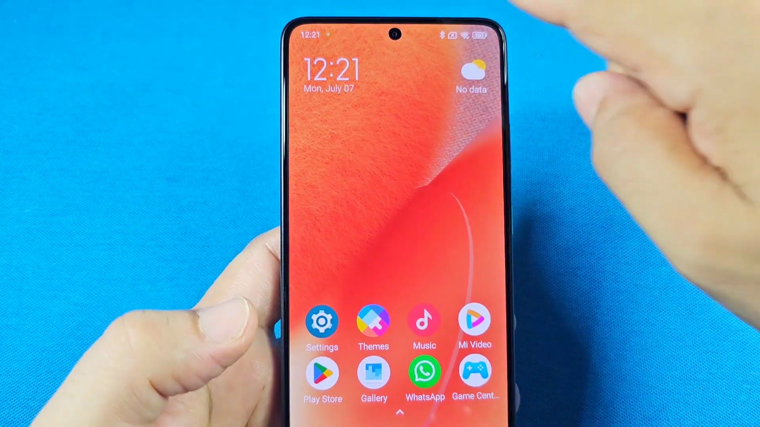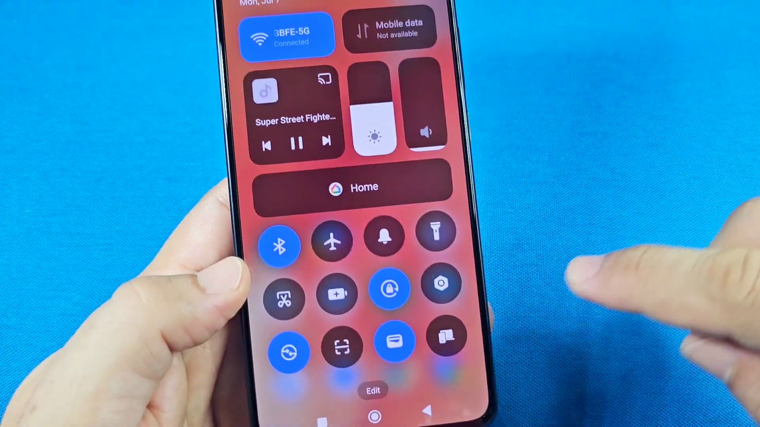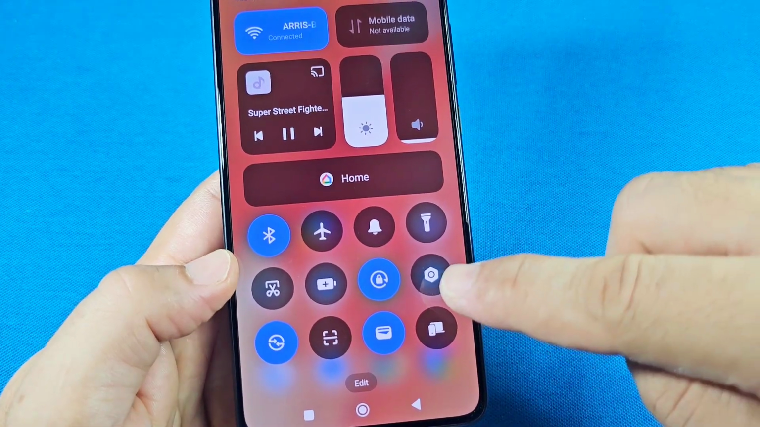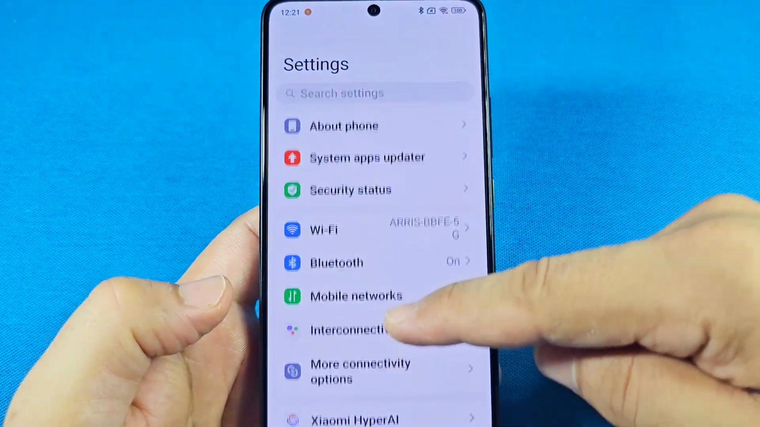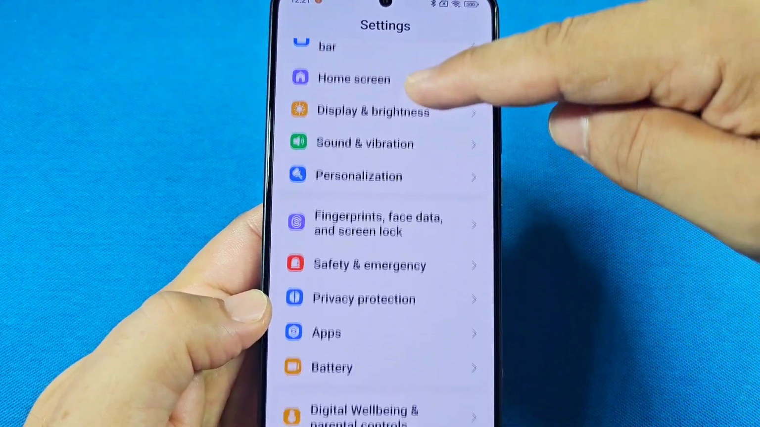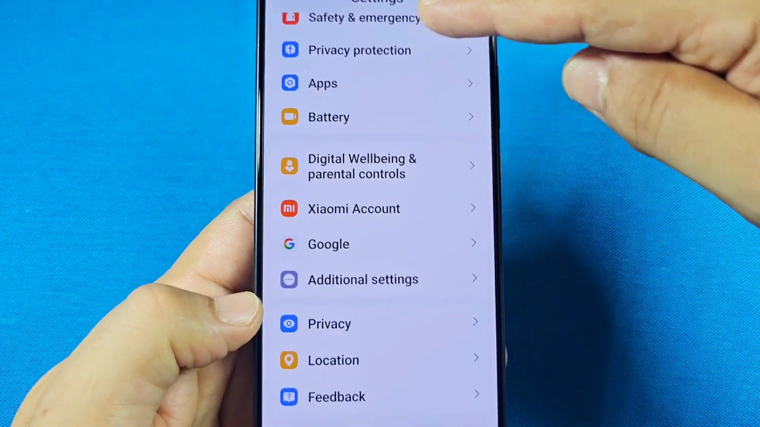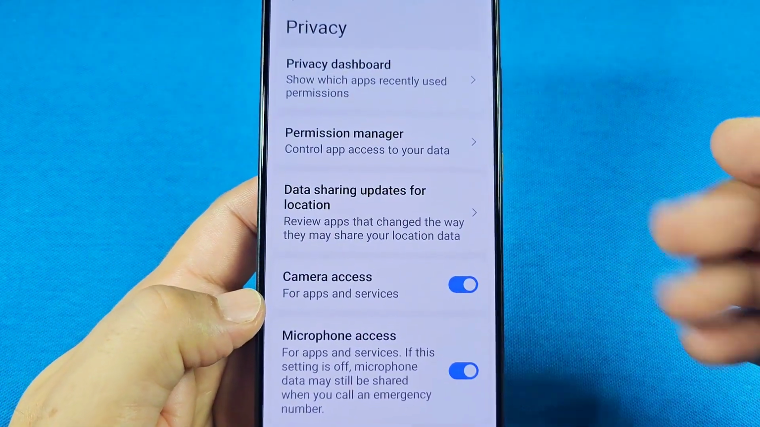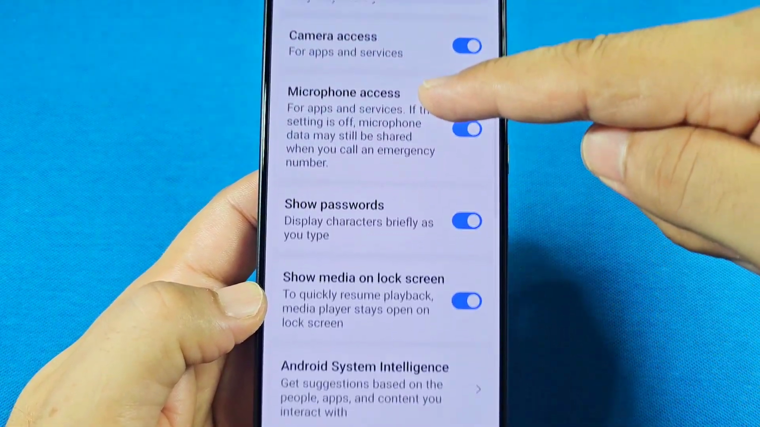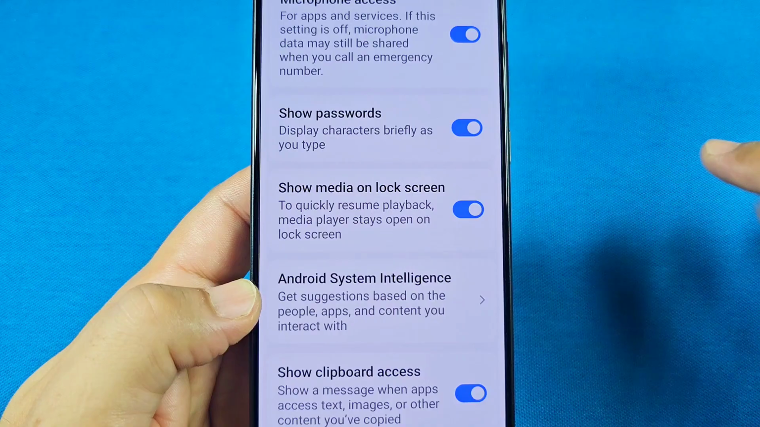So let's just say you have a song playing at the moment and you're using an MP3 player. You'll go into the settings right here of your Poco X7 Pro phone. And once you're here, go down until you reach the privacy section, the one that just says privacy only, this one here. Once you're in this area here, you go down and you'll see the option that says show media